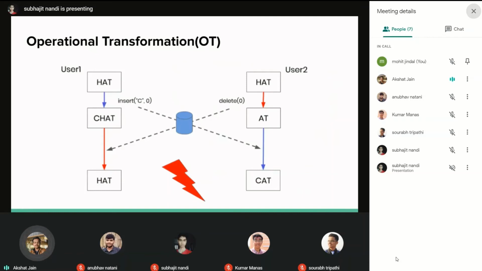We can see that there is a blue cylinder in between which represents a central server which connects both of the clients. There can be many clients; it is not restricted to 2 clients. All of them are connected by a central server through which all of these operations move back and forth. Now the solution for this problem is transforming these operations. Suppose we change this delete operation, we might end up with the same state on both of these. Now let's look at how we can do this.